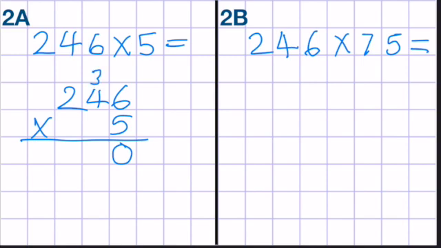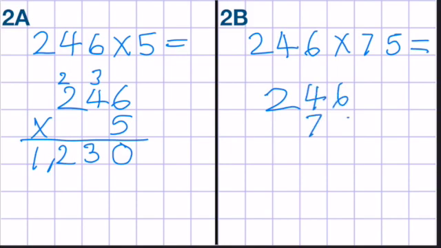5 times 4 is 20. Plus 3 is 23. So my 3 goes here. Carry my 2 over. 5 times 2 is 10. Plus 2 is 12. So my answer is 1,230. Now let's do 246